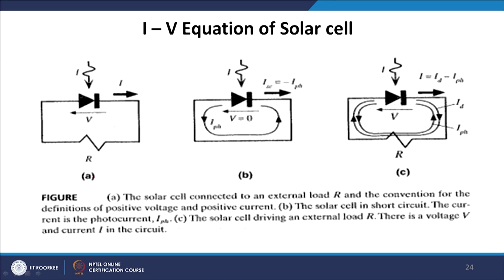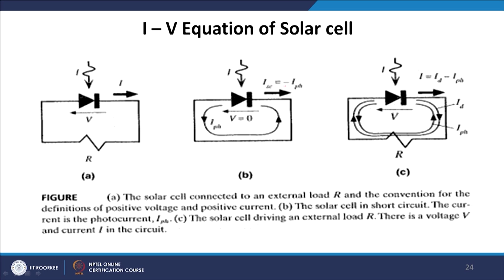In figure A, the solar cell is connected to an external load R, and the convention for the positive current is shown by this arrow, and the voltage is shown by the arrow which is moving to the left hand side. The solar cell is usually represented by a diode like that, and light is falling on the solar cell. Figure B is a solar cell in short circuit conditions, and the photocurrent is IPH,